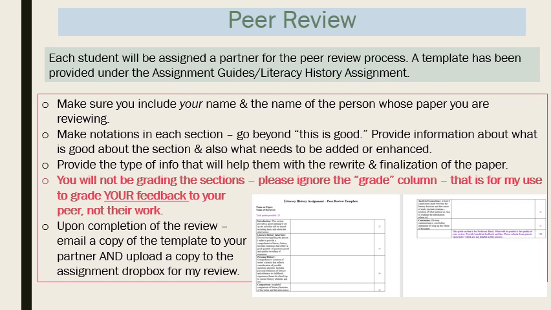Now there's always a question. What if someone submits to me a rough draft that has not been completed? How do I proceed? In the section, say maybe that they didn't complete their conclusion yet, what you just need to put is NA for not applicable. And then you might still give some insight on what they might include based on the paper that you read.